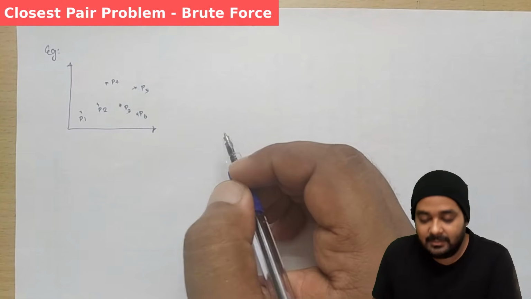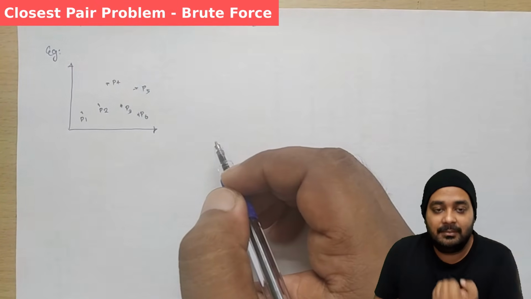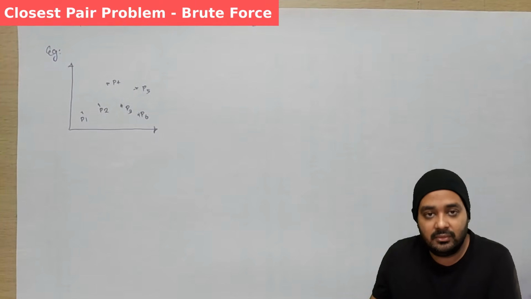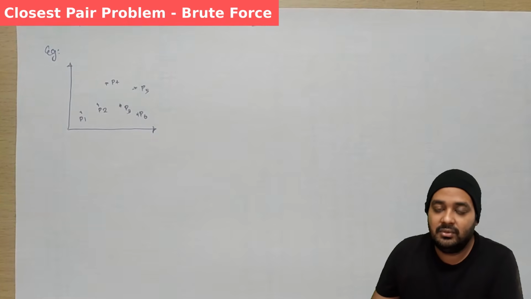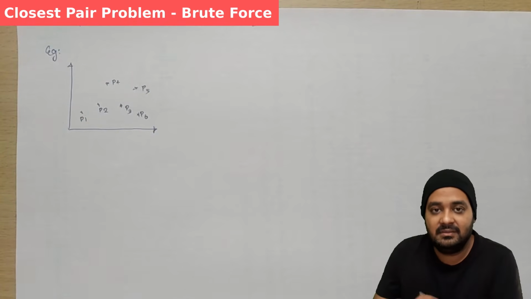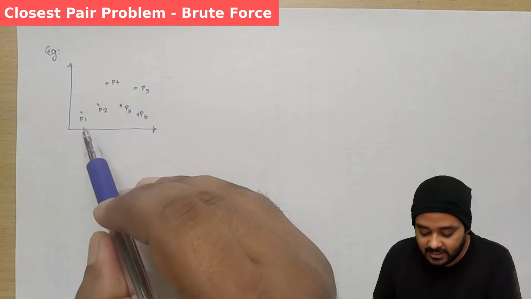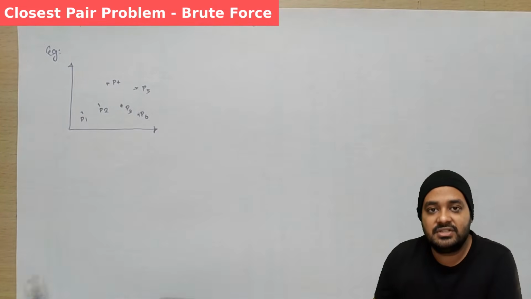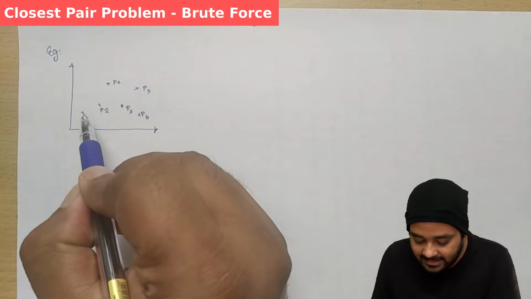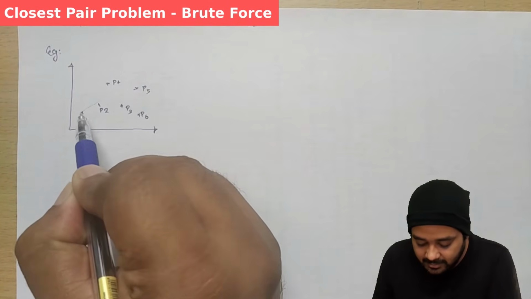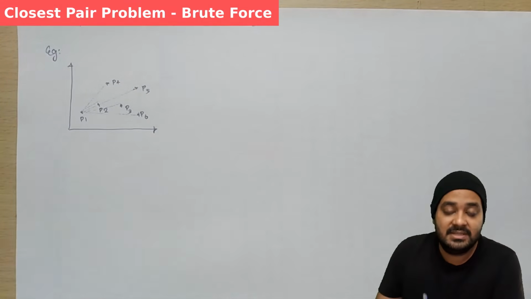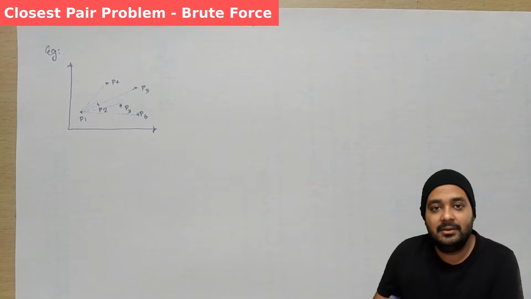What I will be doing is identifying the length from all the possible solutions. This is how the brute force approach works. As said earlier, the brute force approach will go for all the possible ways and then find the answer among them as the optimal solution. Here we have 6 points. The first thing we will do is calculate the distance from P1 to P2, P1 to P3, P1 to P4, P1 to P5 and P1 to P6. Likewise we have to calculate for each and every option.